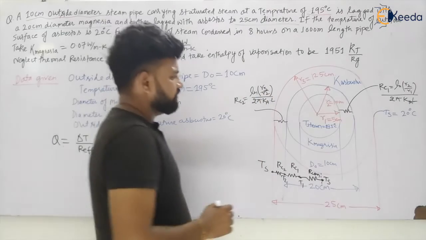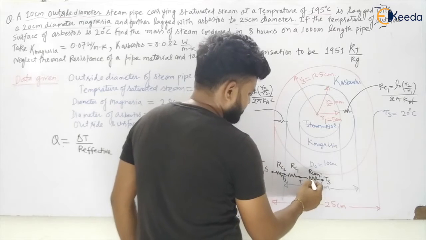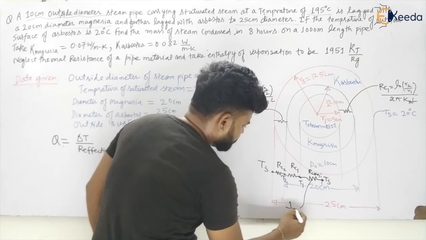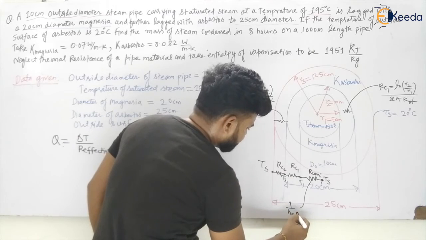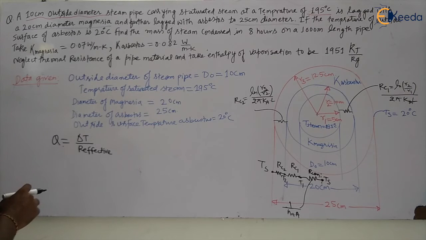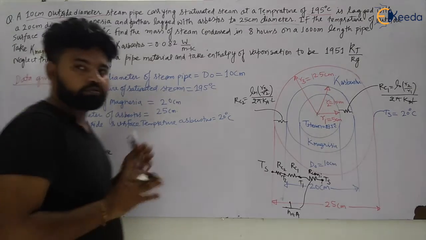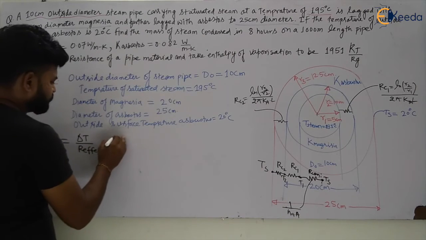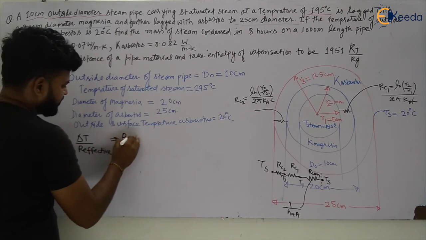Can I have the inside resistance, that is R convective? This will be given by 1 upon HA, if they have given it. But the inside heat transfer coefficient they have not given, I think, so I will not consider it. So only the two conductive resistances remain. Let us calculate the R effective.